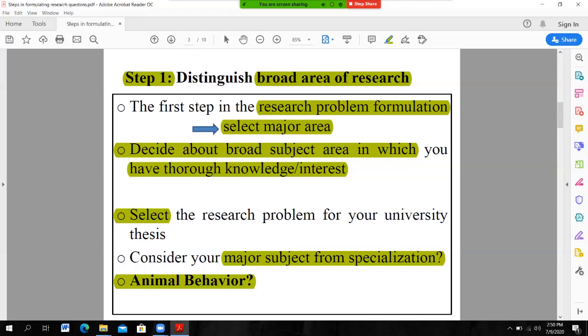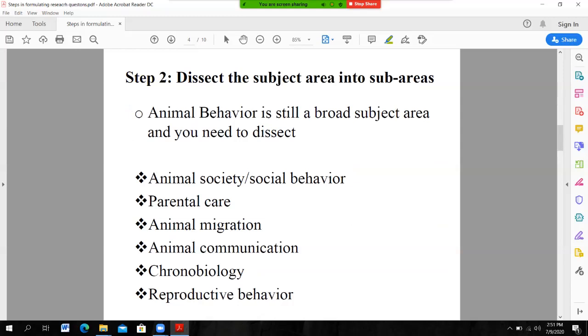However, you can select any field of specialization. You can select entomology, you can select parasitology, you can select wildlife, fisheries, you can select any type of research area which is relevant to the field of zoology. Let's take an example that we select animal behavior as a broader area or the major area for research purposes. So in the second step,